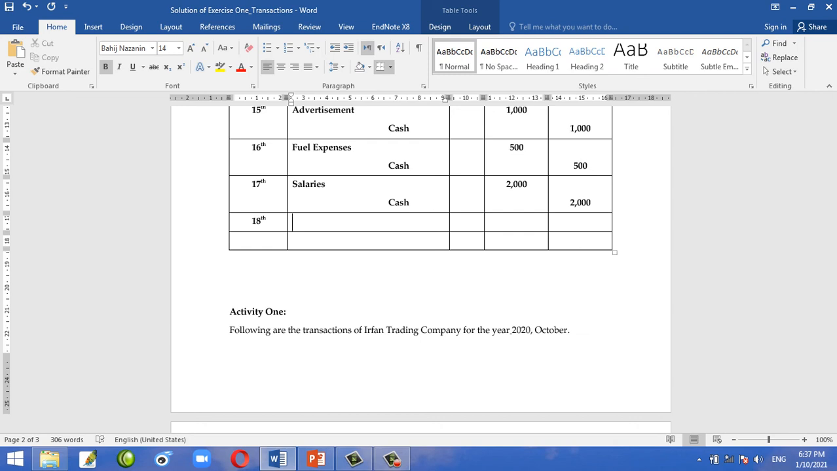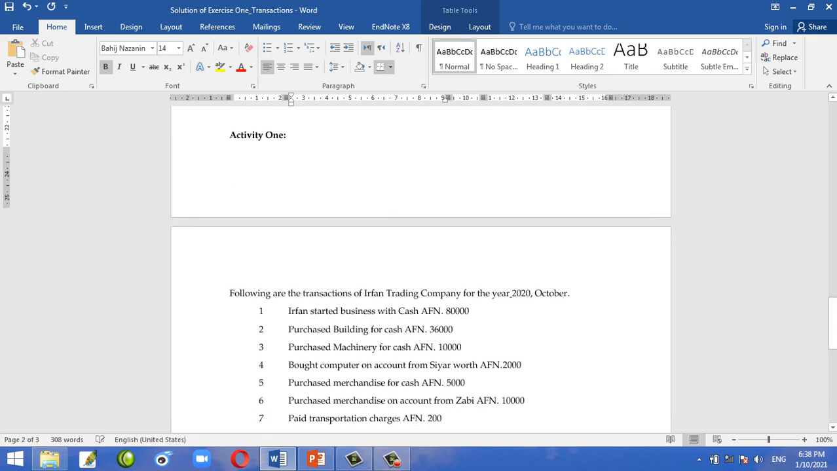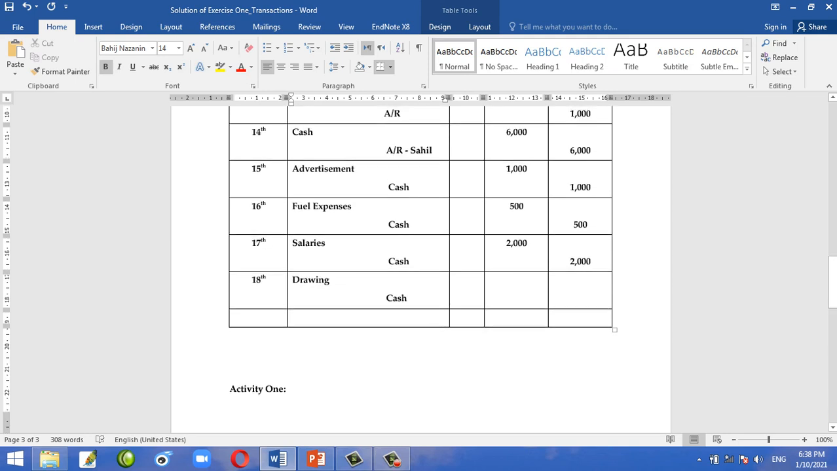We can record them in a journal. It means the drawings. This transaction should be recorded in journal as an expense. And here you can write drawings against what? Against cash. It means worth of 500 Afghanis are given to the owner of the business for his personal expenses. We can record this one in journal. The nature is an expense, but these expenses